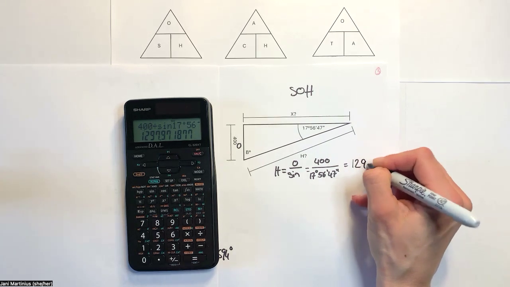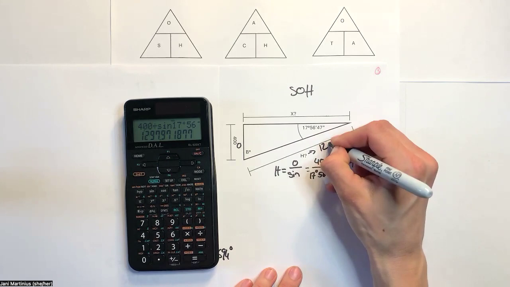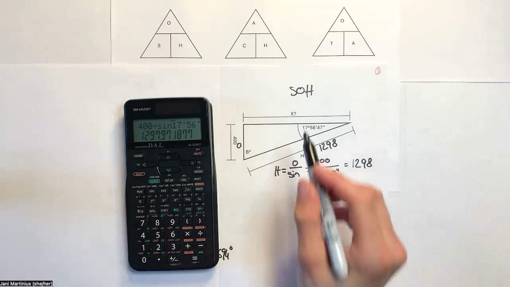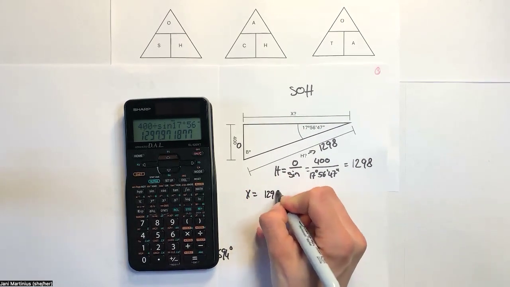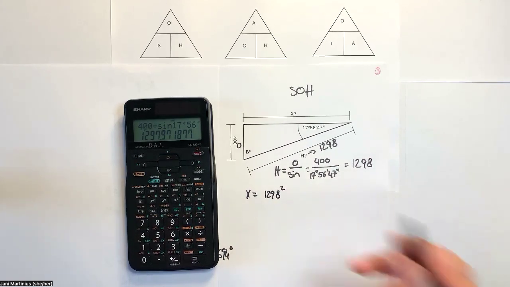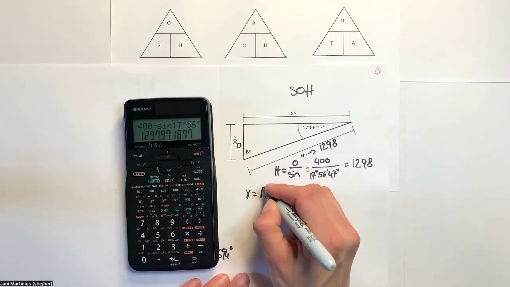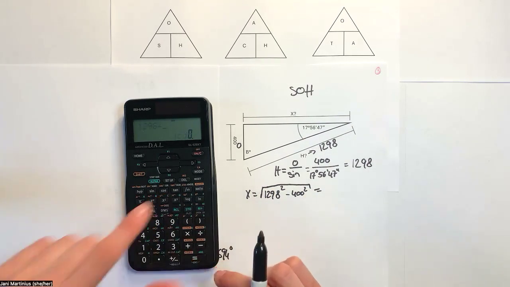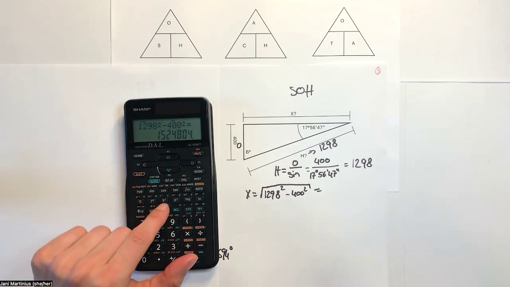So 1298 for the hypotenuse. Awesome. 1298. Cool. Just in case we want to work with it. Now let's figure out our x side. We can use Pythagorean again. So 1298 squared. So c squared minus b squared equals a squared, right? Minus 400 squared should give us x. So 1298 squared minus 400 squared equals, second function, and the square root button